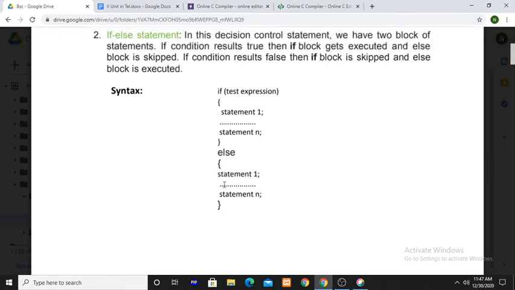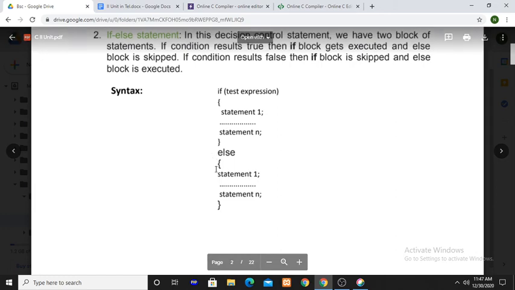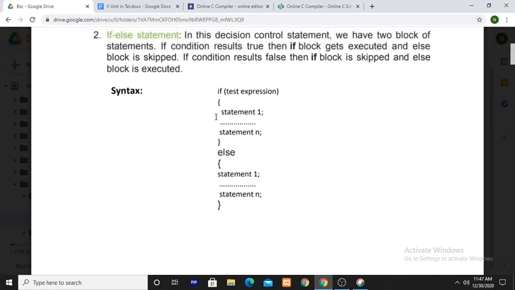Else part is executed. So between if and else parts, only one part is executed at a time. If the if part is executed, then else part is not executed. If the if part is not executed, then automatically else part is executed.